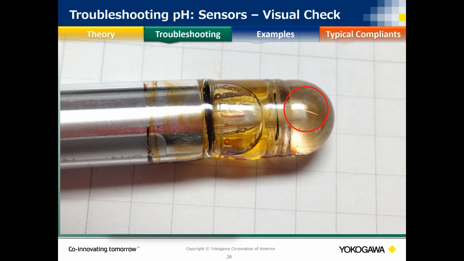But then there's other times where you can tap it and then you go to put it in your pH 7 buffer, it reads 7. You put it in your 4, it reads 7. You put it in your 10, it reads 7. You put it in your sample, that should be 9, it reads 7. So a good indication, if you put it in a sample and it always reads 7,